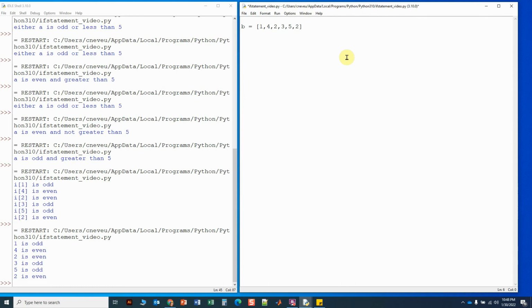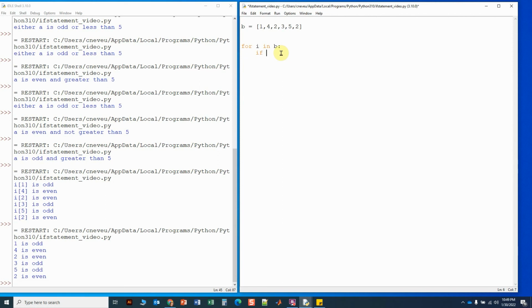And so the next thing we're going to talk about is doing for loops. So you can add if statements in the for loop, and I would say that's the most common way of doing an if statement, is to have an if statement while you're iterating through an object. So you've got a variable here, a list of 6 values, and we're going to do for i in B. So for every item in B,